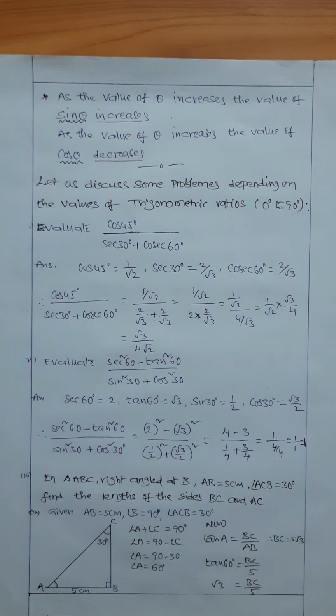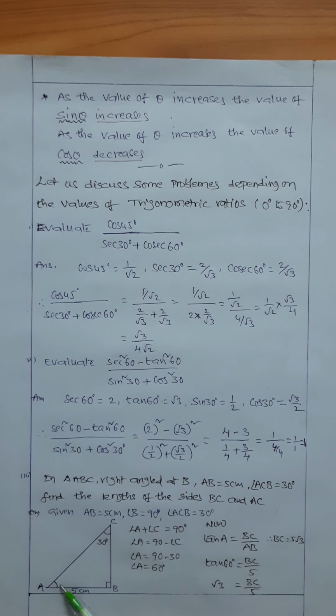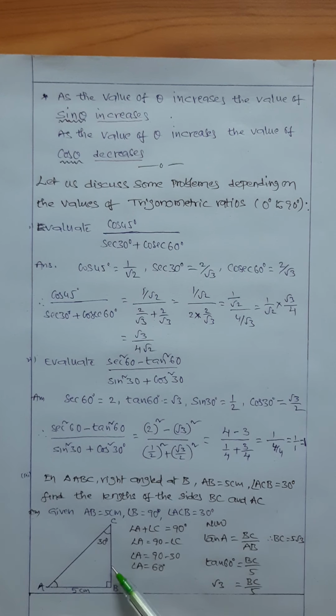You know this is triangle ABC, right angle, angle B is 90 degrees, so the other two are acute angles each. Whenever angle C is 30, you know angle A is equal to 60 degrees. They are complementary angles to each other, so since it is 30, it is automatically 60 degrees. So with respect to 60, we can take the ratio of BC and AB. You should think about the side BC.